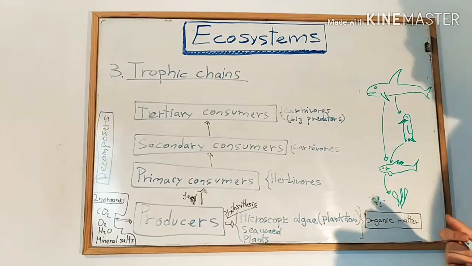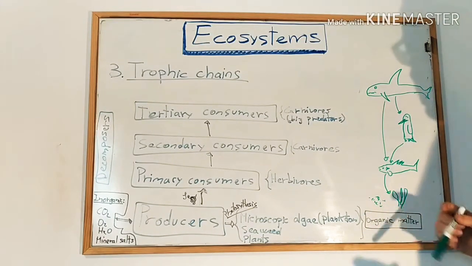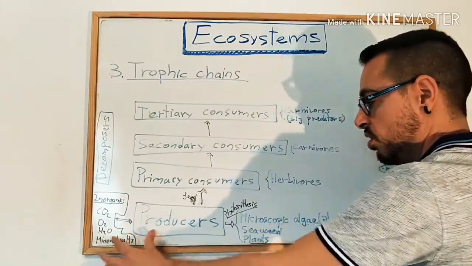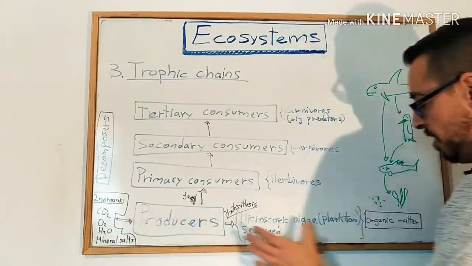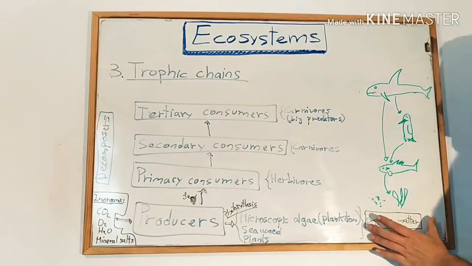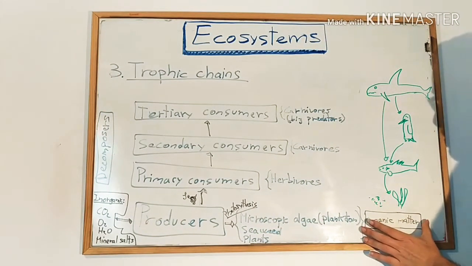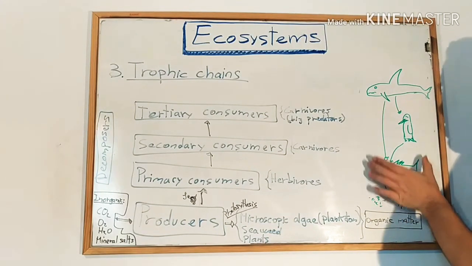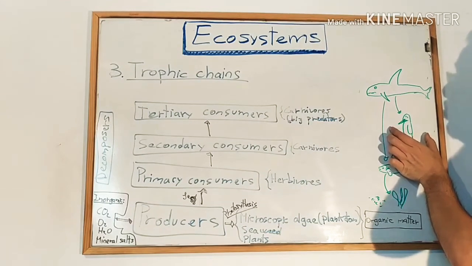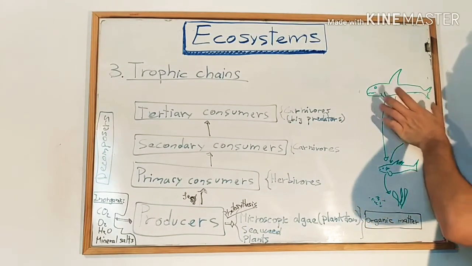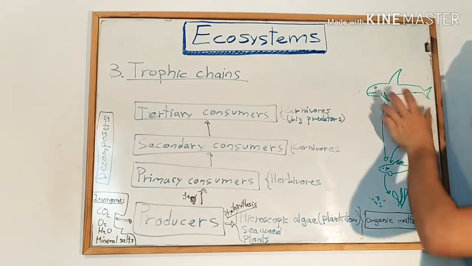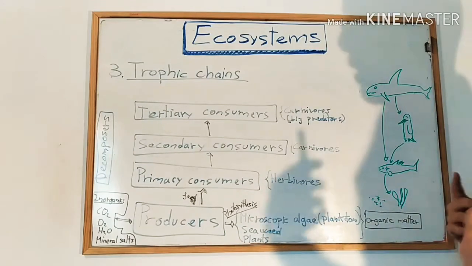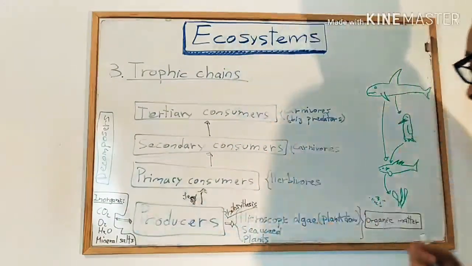Yeah? Okay. And now you are thinking, okay, so the matter is going from inorganic, producers produce organic matter, and the organic matter is going up through the chain. It's going to be eaten by the primary consumers, which are going to be eaten by the secondary consumers, and secondary consumers are going to be eaten by the tertiary consumers. And now what happens? Okay, now what happens is that they die, okay? They die, they produce waste,